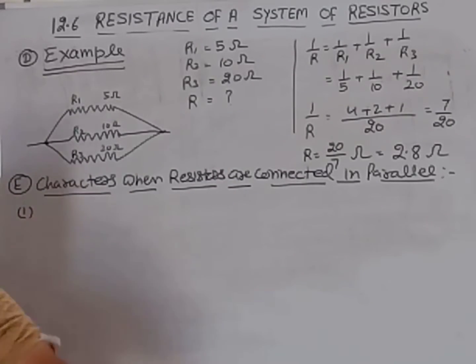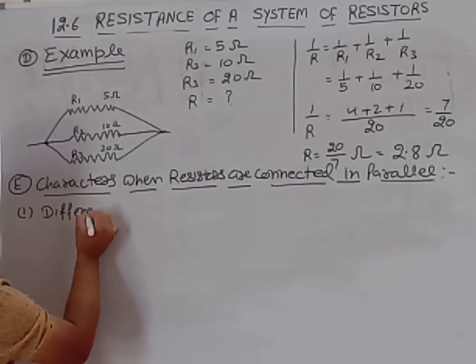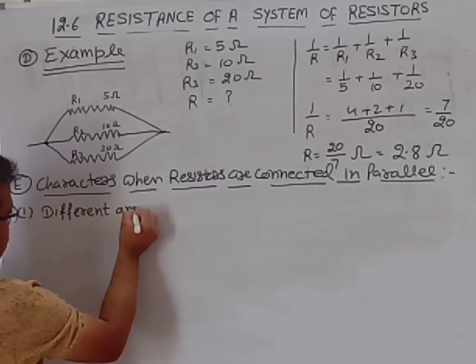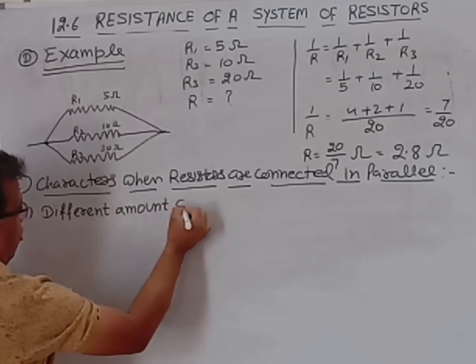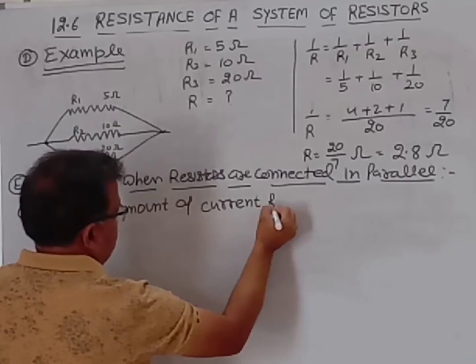So there are again two or three characteristics. In series the same current flows, but in parallel a different amount of current flows through different resistors,